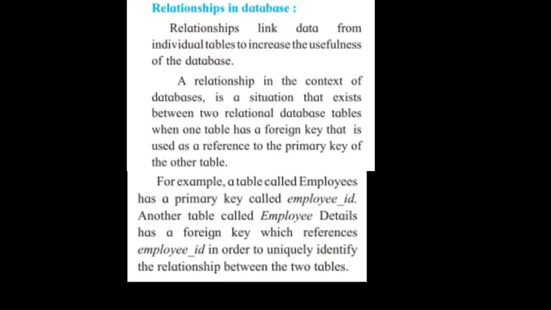A relationship in the context of a database is a situation that exists between two relational database tables. So guys, how can we establish the relationship between 2 or more tables? By assigning a key. What do you mean by key? A key is a unique identification through which we can access a particular record.